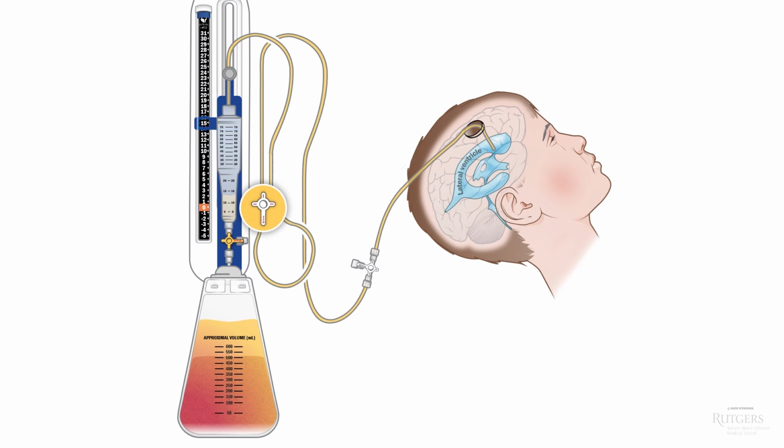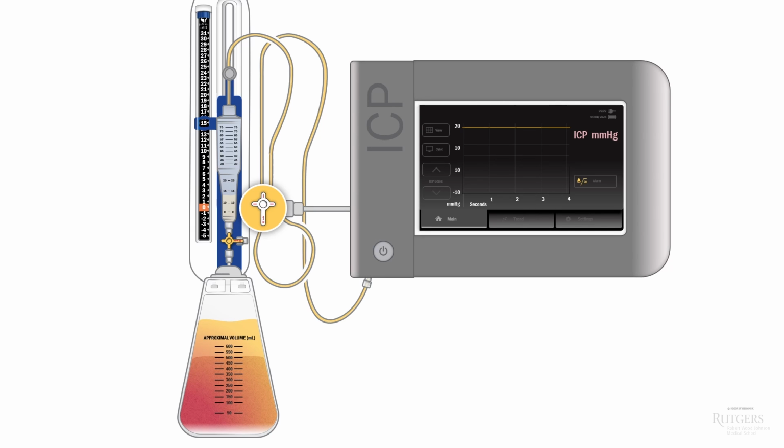But the attending is now twisting the main stopcock on the device, and you notice that the drain is already connected to the transducer. The CSF drainage stops, and the monitor begins showing pressure readings. Did you catch that? We can't measure pressure accurately if there is flow in or out of the system. It would be constantly changing. If you close the drain by rotating the main stopcock, the CSF no longer flows to the collection system. You effectively redirect the CSF pressure towards the transducer. The transducer is forming a wall for the CSF to push against, and the pressure of our measurement is how hard it's pushing.